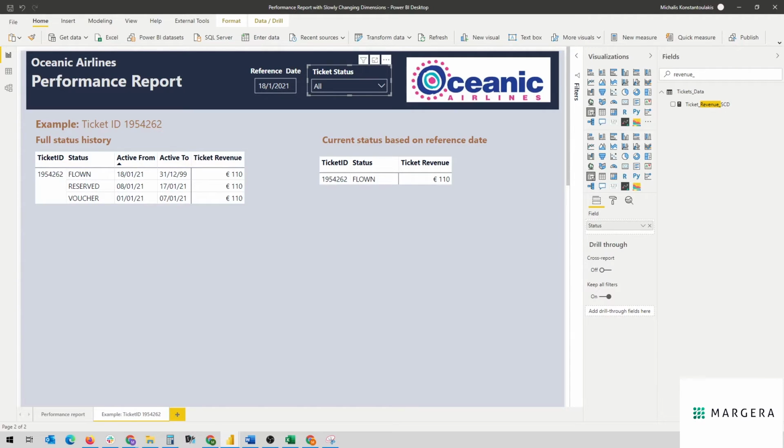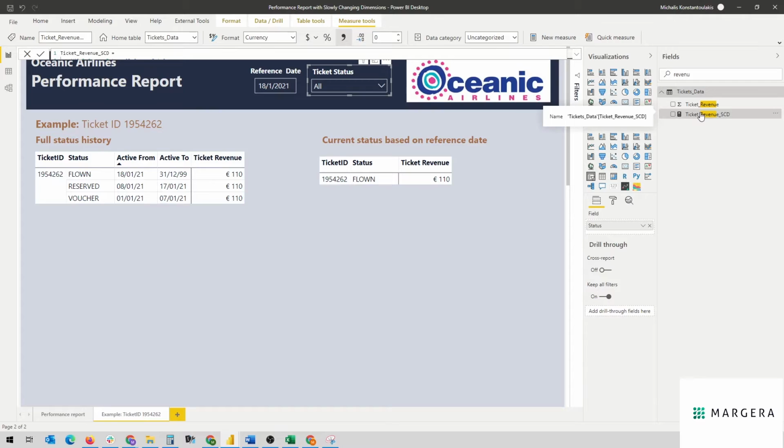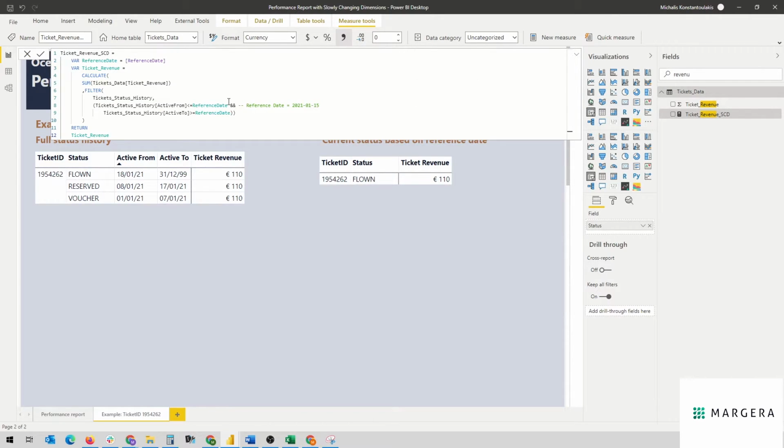The question now is how we can achieve this functionality. For this purpose, I have created a new measure called revenue SCD, which basically says to Power BI to return only the status and the revenue that is active on the selected reference date. Now, if we jump into the formula,